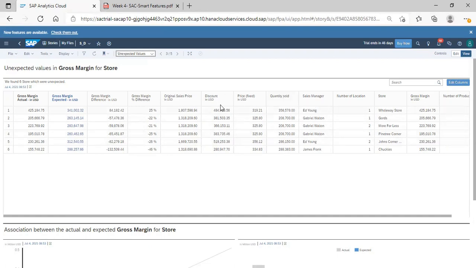Only it will affect your gross margin, because you have selected the gross margin in your target, and I have selected the store here. So that is how it will work. You will see the data on the basis of your target and entity, because you are defining your gross margin by stores. So you are basically populating the data for the gross margin according to your stores.